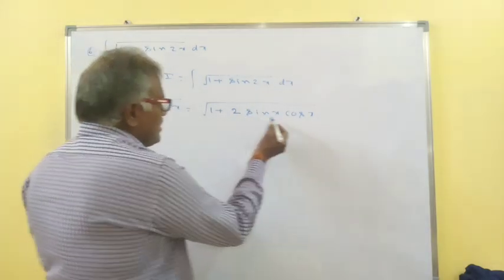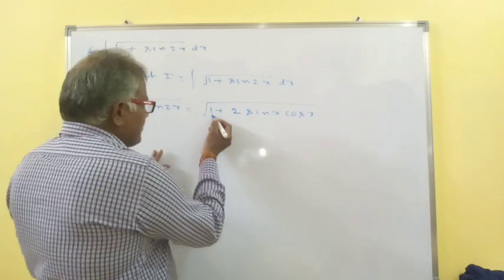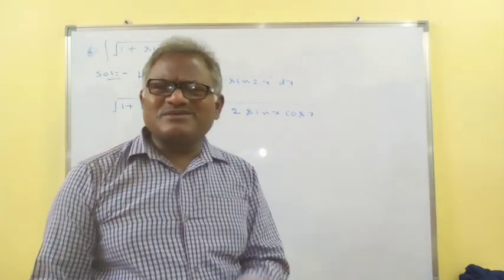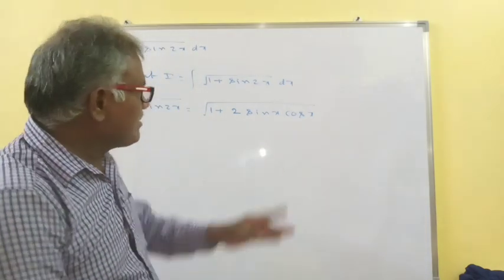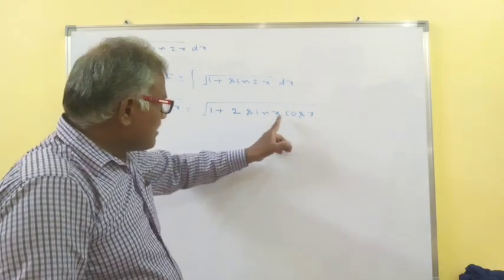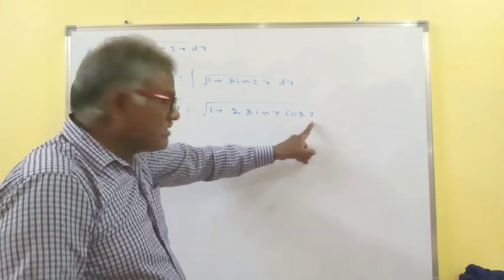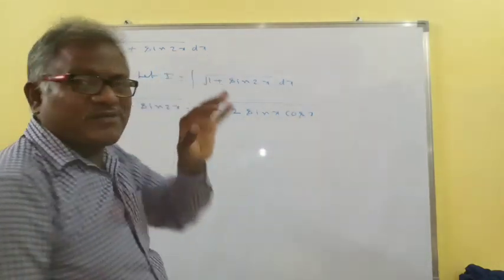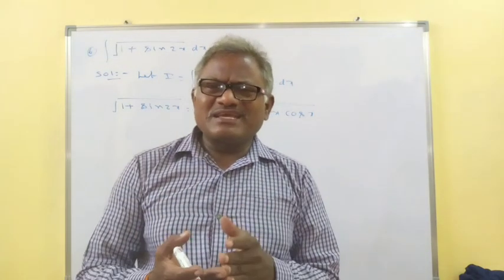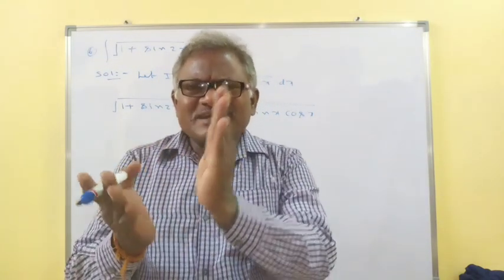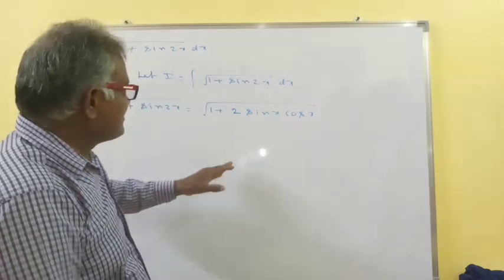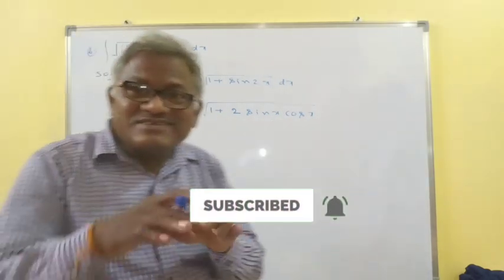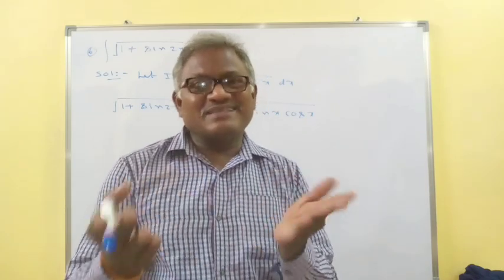Now here 2ab term is there. For 1 what we have to write? Sin square theta plus cos square theta is equal to 1. Suppose here, instead of sin x and cos x, sin x by 2 and cos x by 2 is there. Suppose here I have to write 1 plus sin x. Sin x first of all you should write 2 sin x by 2 cos x by 2. For this one, you should write sin square x by 2 plus cos square x by 2. Like this you should write.